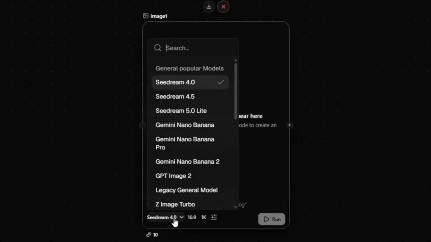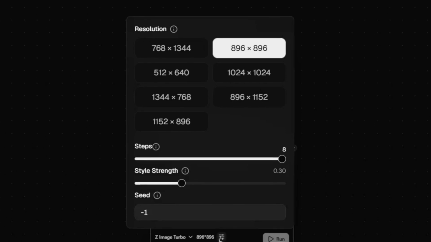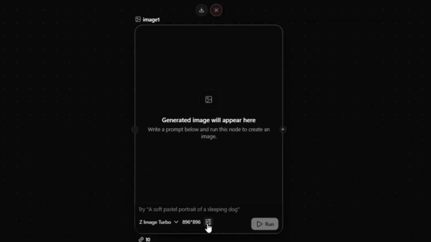For example, the Z-Image Turbo model unlocks advanced parameters like steps, which controls generation speed versus final detail, and style strength, which determines how strongly the AI adheres to the style of the reference images provided. You can also manually set a specific seed number. If you're trying to keep a character or art style perfectly consistent across multiple completely different nodes, the seed number handles that for you. Once your settings are locked in, click Out to use your image node with these new